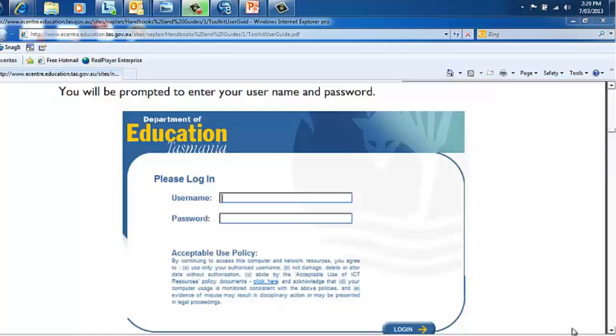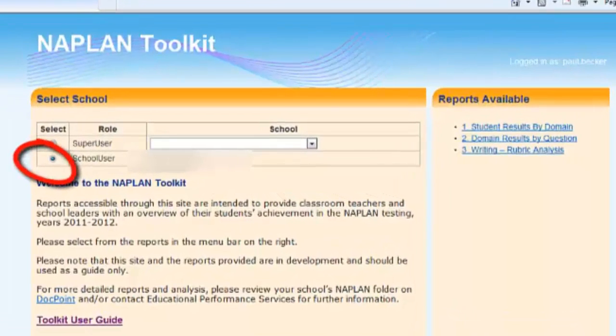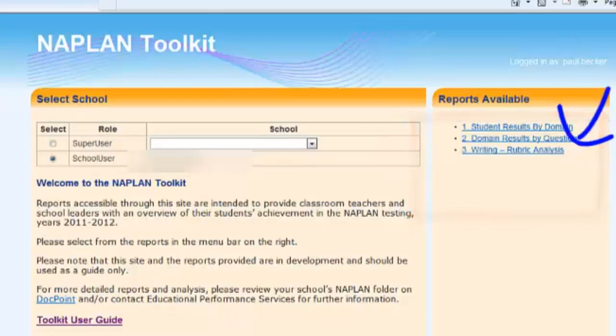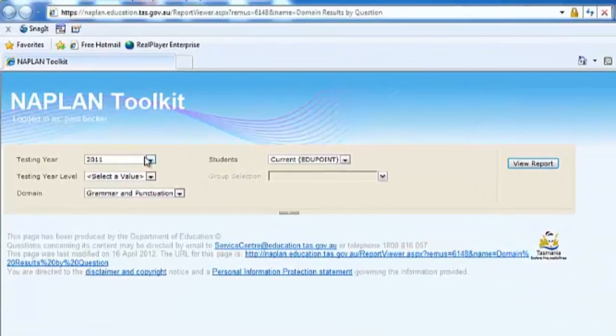Enter your usual username and password at the login site. Clicking on your SARIS user or super user role will give you access to the 3 NAPLAN Toolkit reports. We will be looking at the second listed Domain Results by Question report. Click this blue link. You can now access previous NAPLAN results for any of your current classes or year level